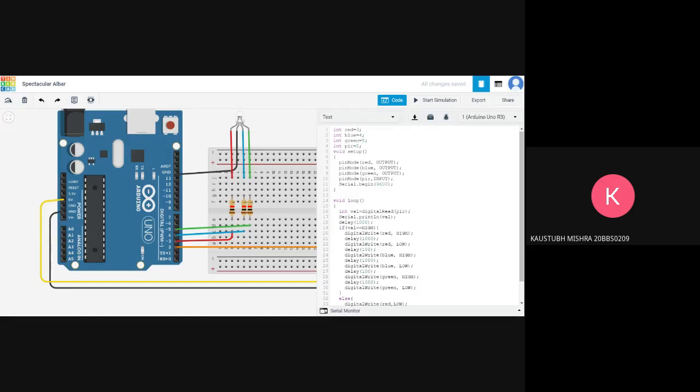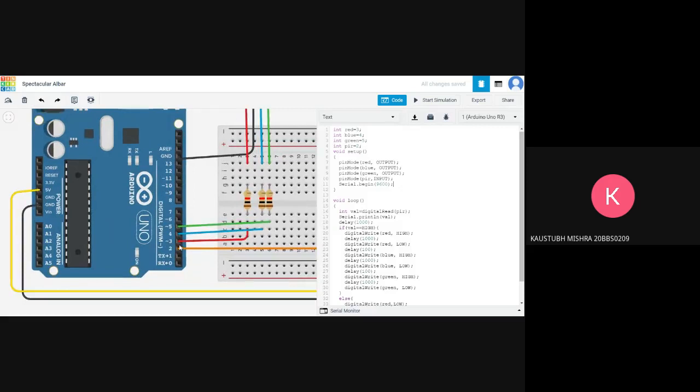So Anshul earlier talked about these functions called the pin mode. Obviously he told you that all these pins are GPIO pins, general purpose input output, so it can be either input or output. How does the Arduino know? It knows through this function pin mode. It just sets the mode of the pin, whether it is output or input. So when I write a pin mode red output, it means that the red is replaced by 3. So digital pin number 3 is for output. So the Arduino knows, okay, I have to send current out from here. I don't have to accept current from here. Same for the blue and the green.